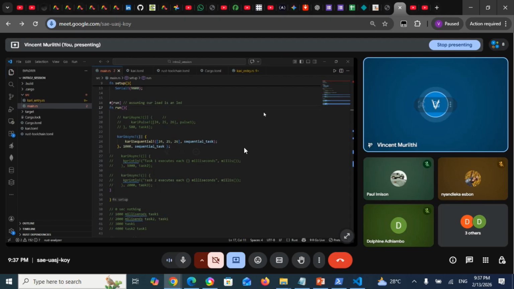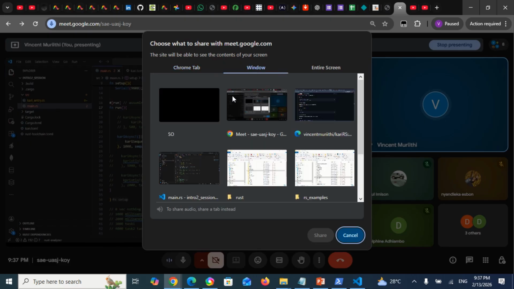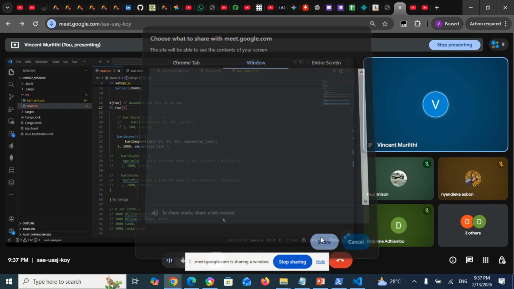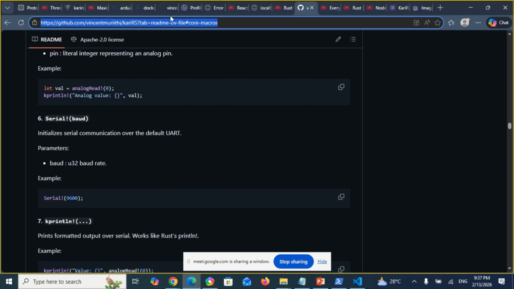Something else I wanted to mention today, because when we come to serial UART communication, that won't take much of our time, because you'll be able to finish it very fast. So I'll also be showing you some other things in kariRS so that we make the best of it. So now on my screen here,